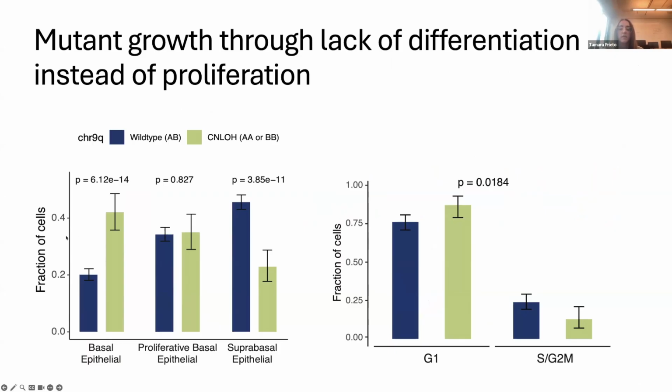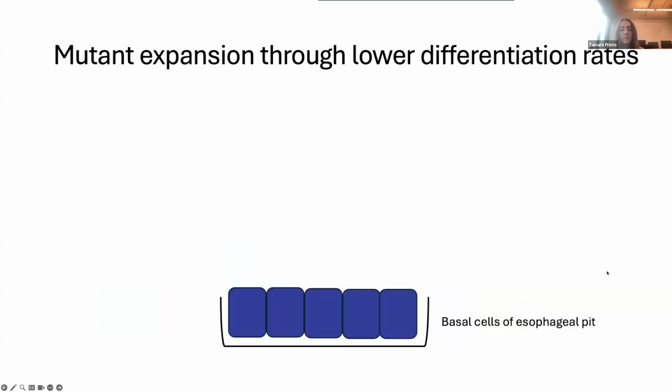We then took a look at the phenotype to try to answer this question, and similar to what we have seen for TP53 or FAT1, chromosome 9q CNLOHs might make cells remain in their most basal state and not differentiate, and therefore increase in frequency compared to wild-type cells that do differentiate and are shed to the esophageal lumen. And in fact, CNLOH cells seem to divide less frequently than wild-type cells, further showing the relevance of the cell bias mechanism. This is an explanation of the mechanism that could be causing the expansion of the mutant clones.